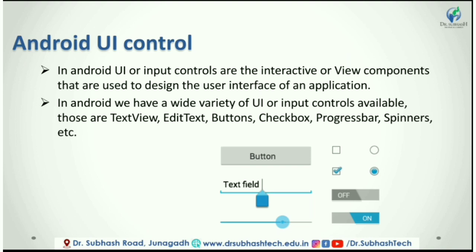In Android, we have a separate GUI XML file in the res layout folder. We have to create our GUI in this file. All the string resources that we need in our GUI must be defined in the strings.xml file in the res values folder. These string resources are used to label a button, to set a text for a TextView, etc. In the figure, we can see the different GUI controls available in Android.